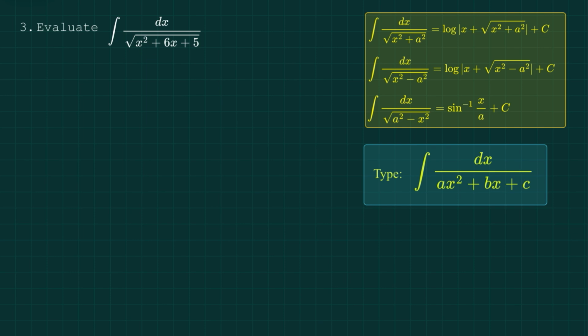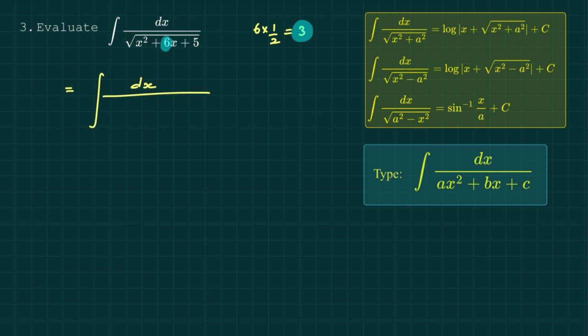And after that we have to observe the coefficient of x, which is 6 here, and we have to multiply this 6 with half. On doing so, we will get 3. So what we will do is that we will add and subtract the square of this 3. So it equals to